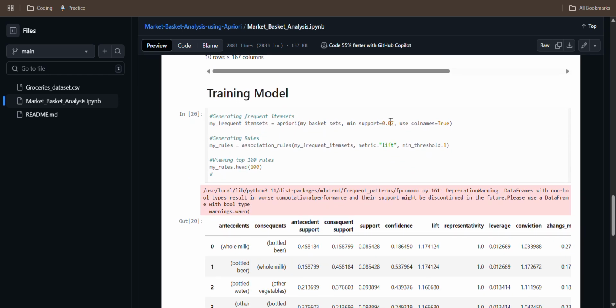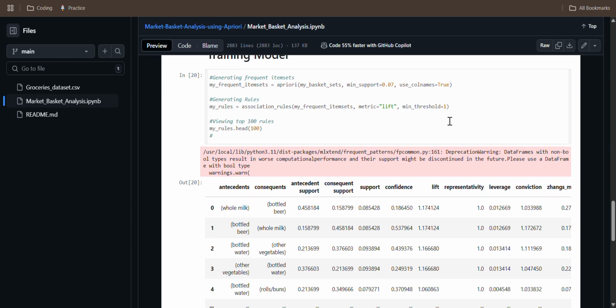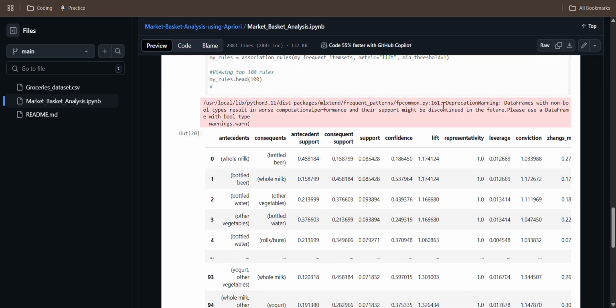The minimum support threshold is 0.07, which means 7% support. And we are using the column names too. Then the rules are generated as association rules, which we apply on my frequent itemsets generated here. We are using the metric lift, and the minimum threshold is 1.